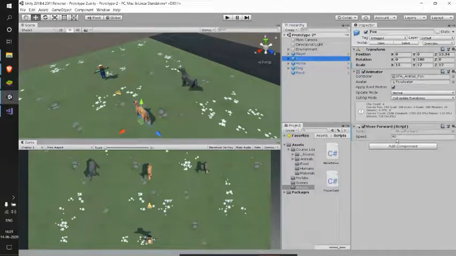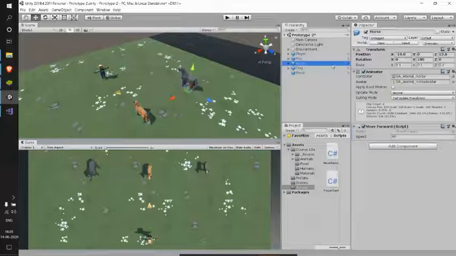I'll keep my fox speed as 15, my horse speed as 20, and my dog speed as 10.